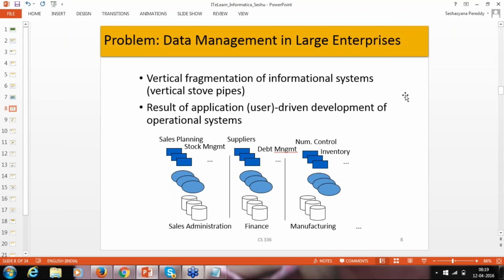So over a period of time, it grows multifold. For example, if you take big companies like Walmart or bankers, let's say Bank of America, or you take Dr. Reddy's Laboratories, those kinds of companies, you see multiple GBs or multiple terabytes of data in the operational database. So over the time,